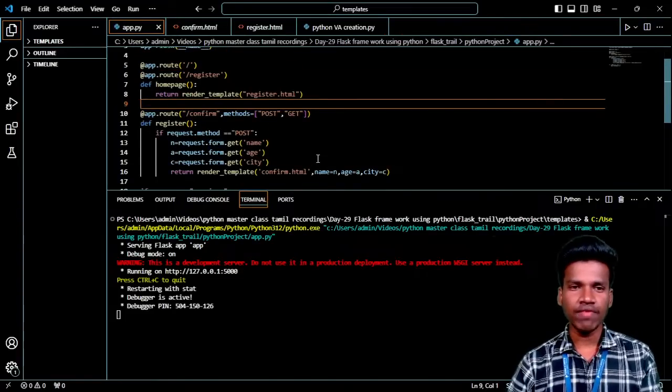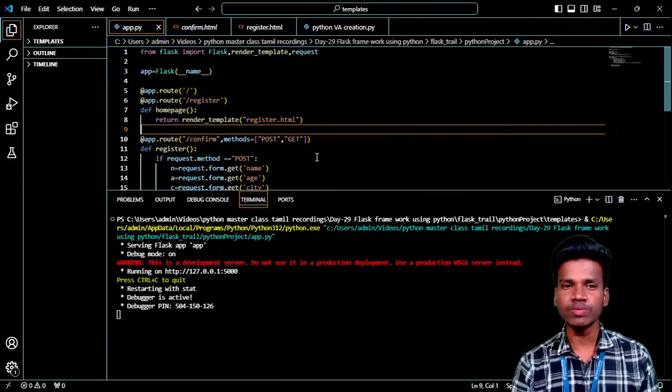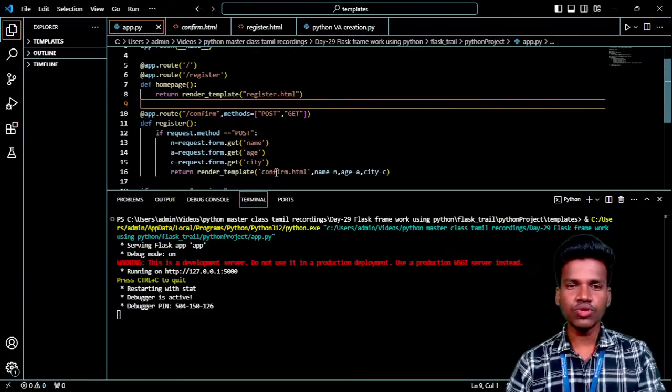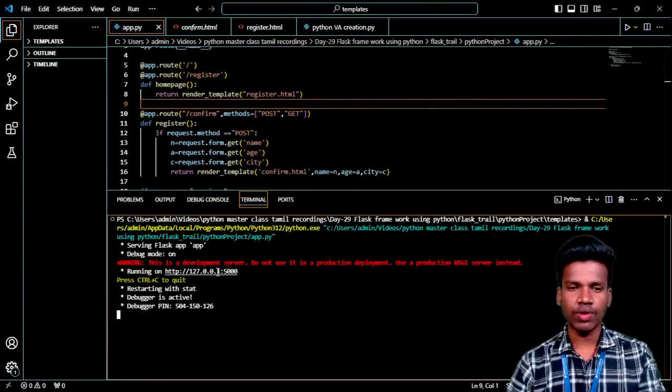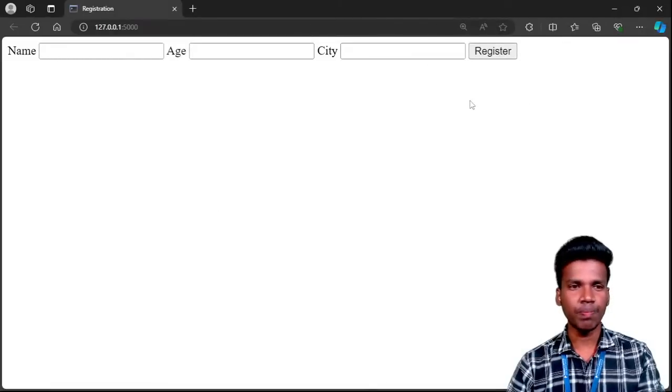So first I will show you a basic simple example. Okay, it is an example for the Flask framework. Now I run this one, and in future sessions I will definitely explain it one by one. So first I run this code. It is executed like a web application, right? Now I click this link, and it opens the web page. It is a kind of web page, right? I already told you it's a simple web application, right?